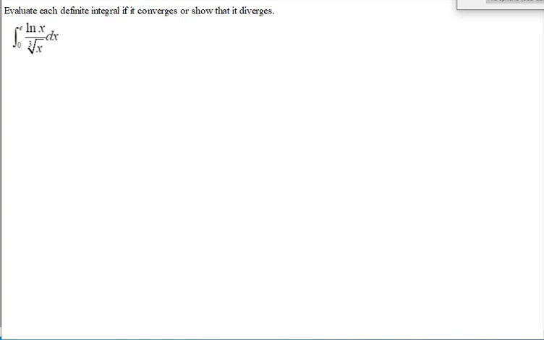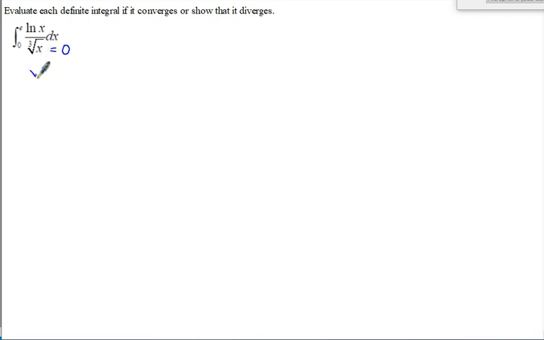Asymptotes for AP Calculus on the topic of improper integrals with vertical asymptotes, continued. So this one says evaluate each definite integral if it converges or show that it diverges. What's different about these is they don't have lower or upper limits that are negative infinity or infinity, like the other type of improper integrals. But notice, if you look at what makes the denominator 0,